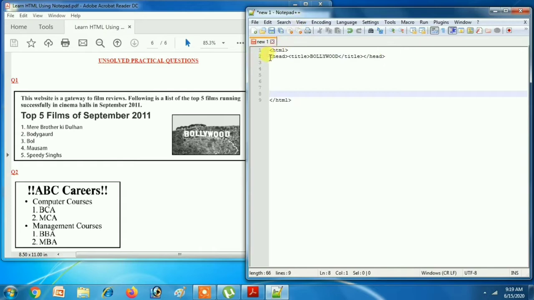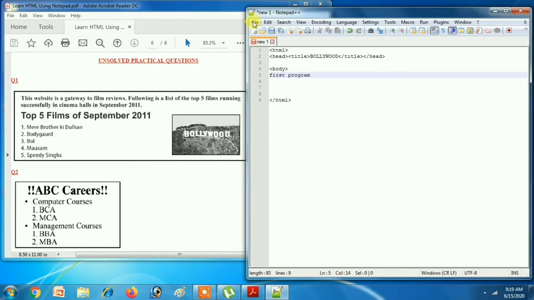Always remember you write this in one single line so that you are not making mistakes in writing tags. After head tag you have to start body tag. Body tag. Okay, so this is our first program.